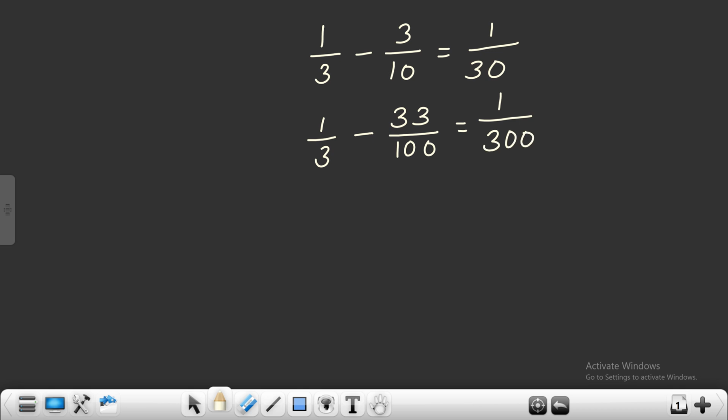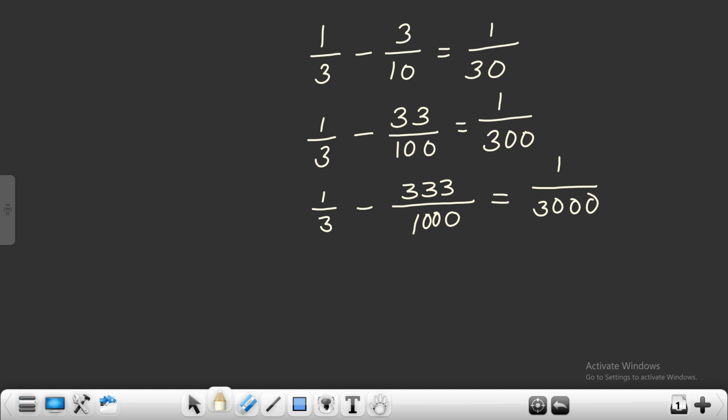Then write the third step. What is the third step? 1 by 3 minus, in the first step numerator 1 three, the second step 2 threes are there. So in the third step 3 threes, 333 by, the first step 10 raised to 1, the second step 10 square. So in the third step 10 cube, that is 1000, is equal to 1 by, first step 30, second step 300, so the next 3000.